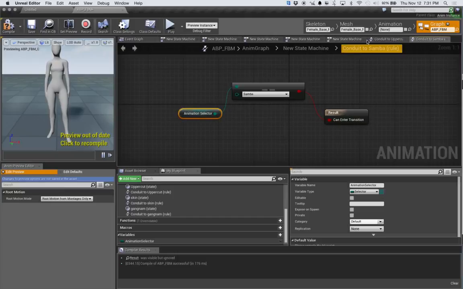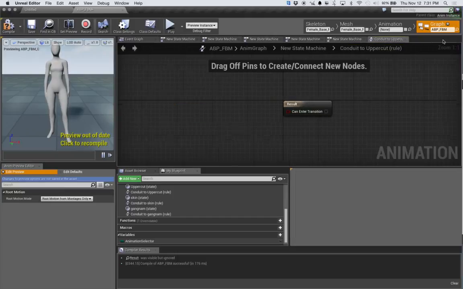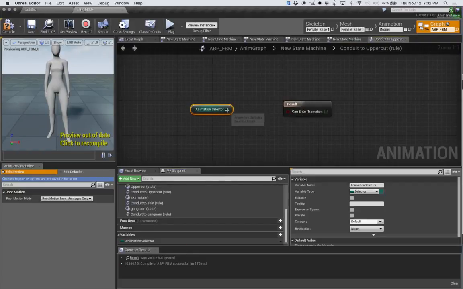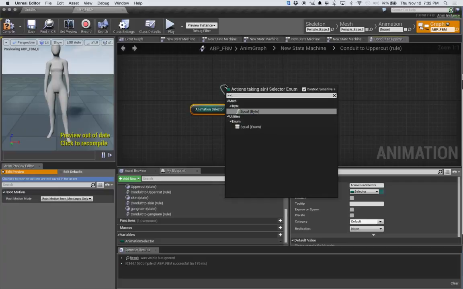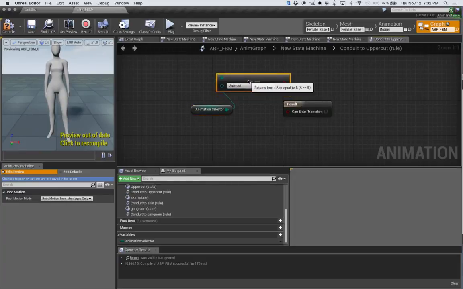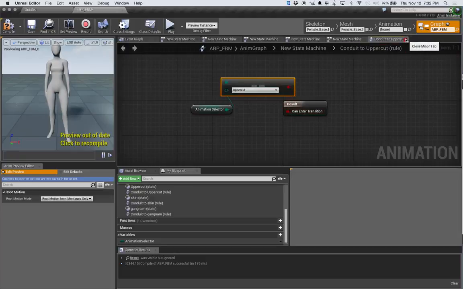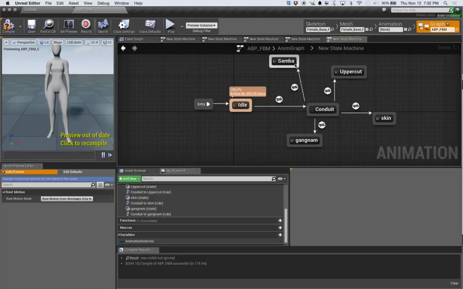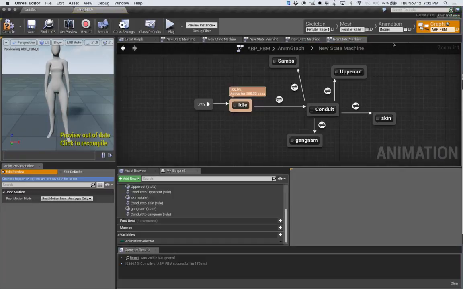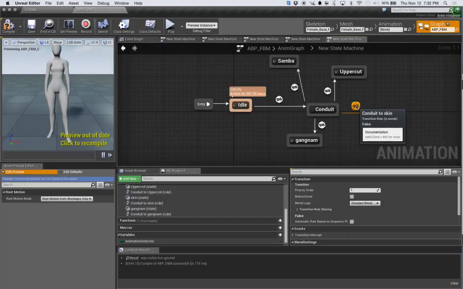So we're just going to do this three more times for the other ones, and I'm going to close it to make a little more space. So when our selector equals, and this one says uppercut, so when it equals uppercut, you can transition into uppercut. And I think you guys can guess how this one's going to go. Oops, I needed the transition out to animation state. So when we're going to skin,